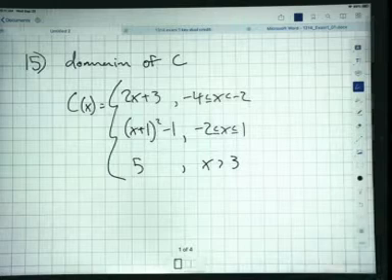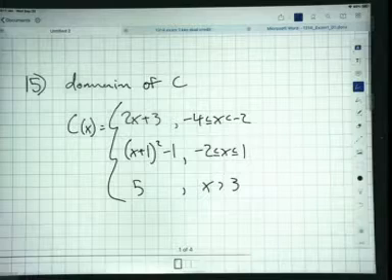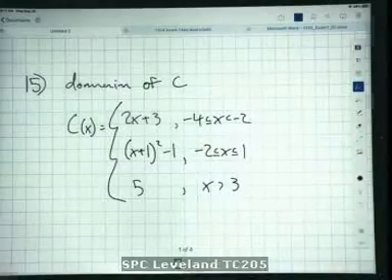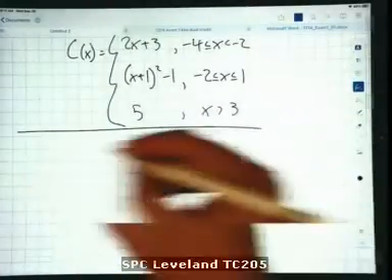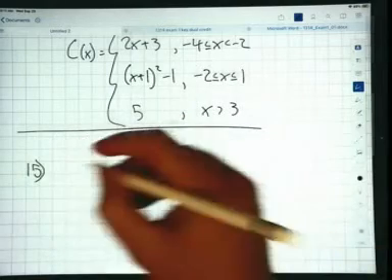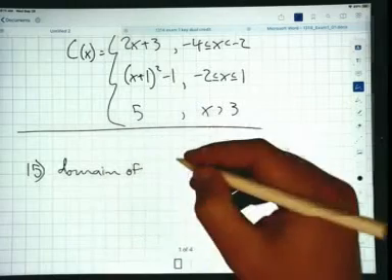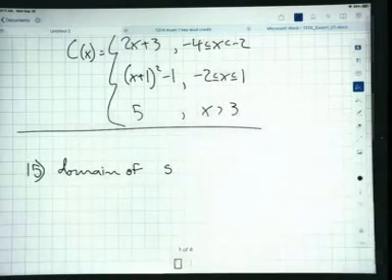So, using your own words. Go ahead. You wrote down question 16. Question 15 is what is the domain of S? Oh, sorry. Alright. S, where S